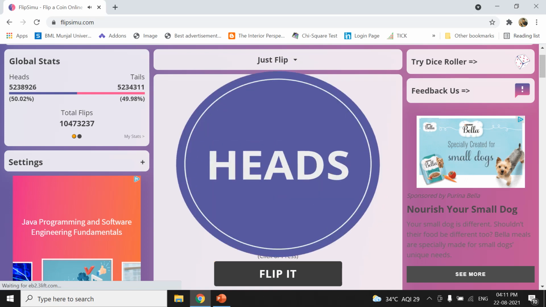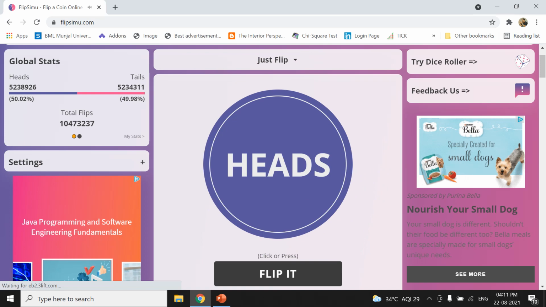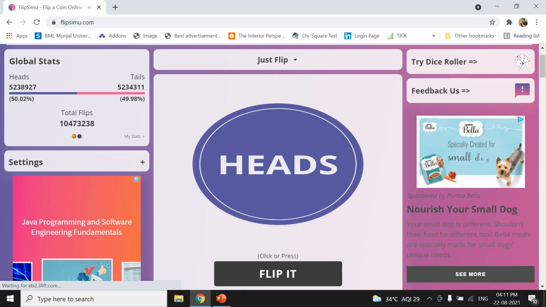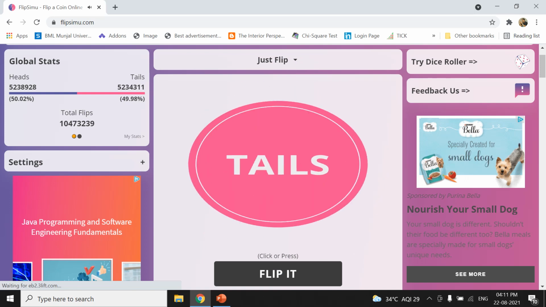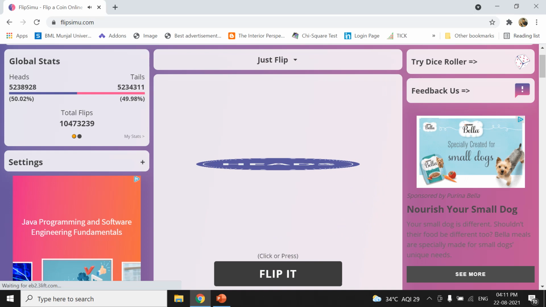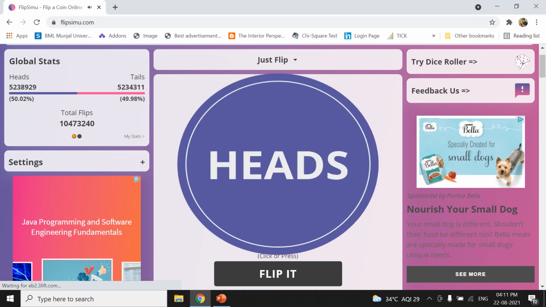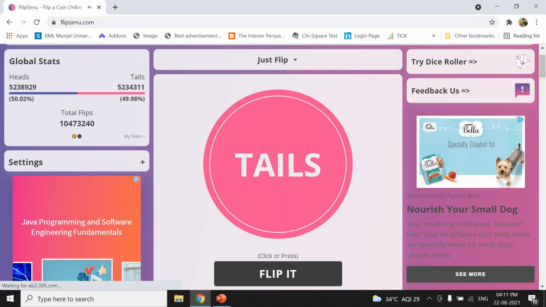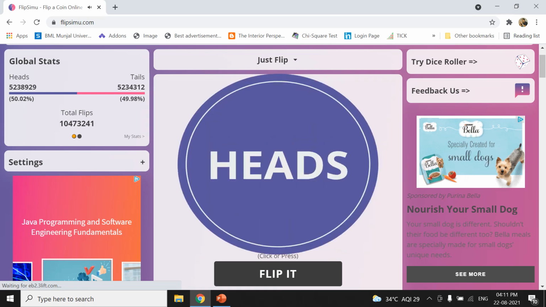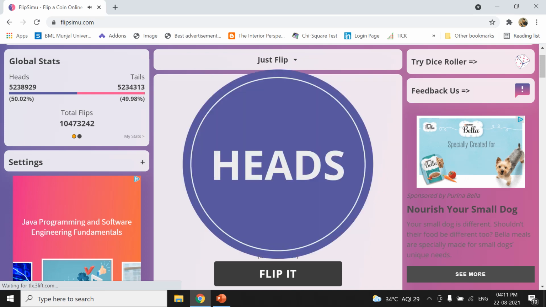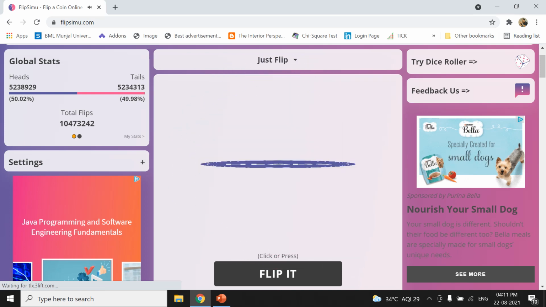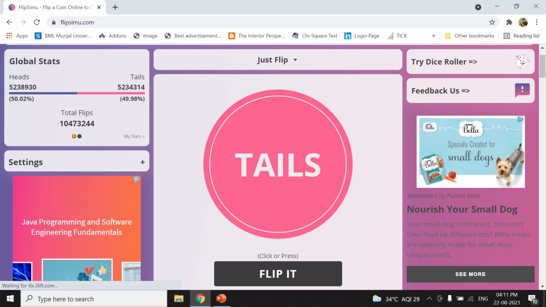I can again flip it, I get a head. I can again flip it, I get a head. I can again flip it, I get a head. I can again flip it, I get a tail. I can again flip it, I get a tail. I can again flip it, I get a tail. So I can do this exercise 1,000 times, 1,000,000 times, and I can note down how